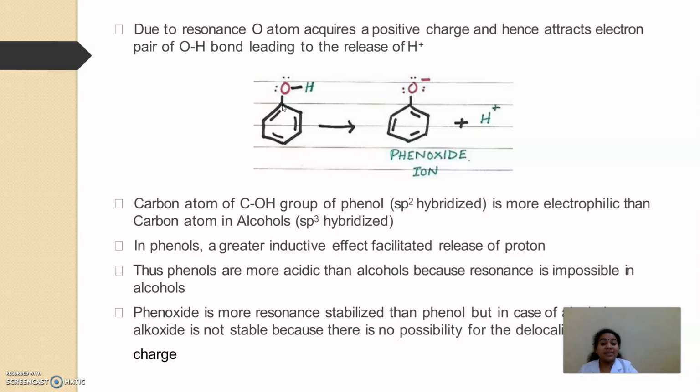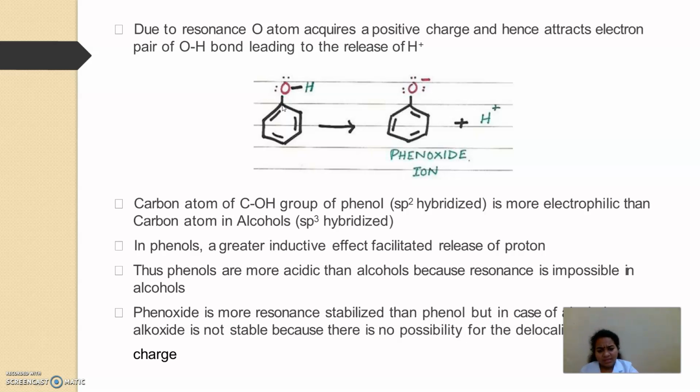And in phenols, there is a great inductive effect which will help to release protons easily, that is protons or H plus. So these are the main reasons why phenol is more acidic than alcohol. Because if we check alcohols, even though the oxygen in the alcohol contains a lone pair of electrons, it cannot show different resonance structures. Because why? Because